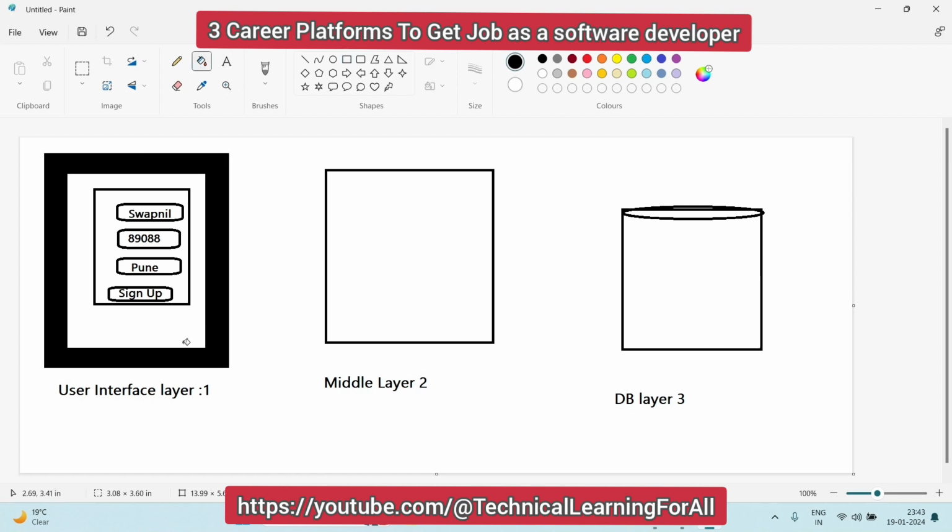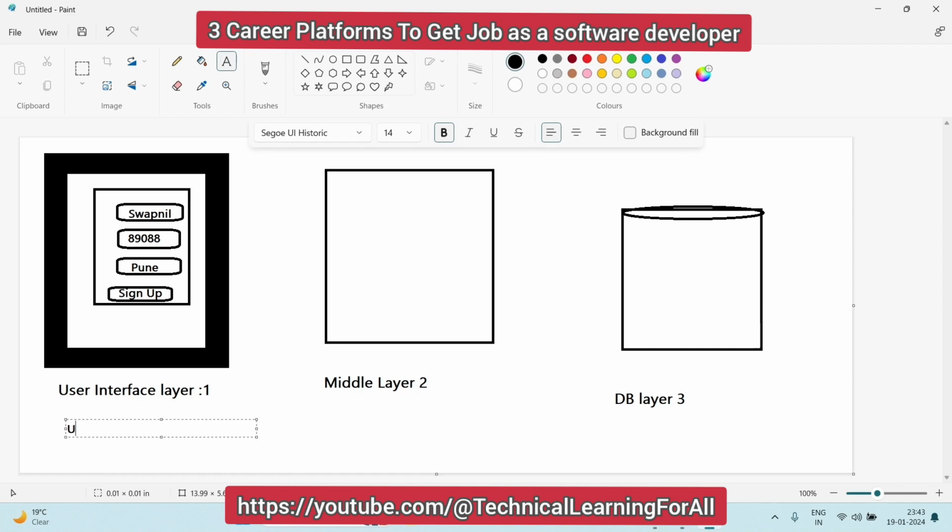Now this is one of the career platforms which you can choose. You can make a career as a UI developer. Career platform one is UI developer, UI UX developer.